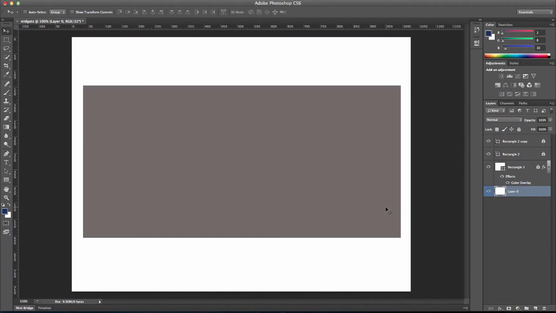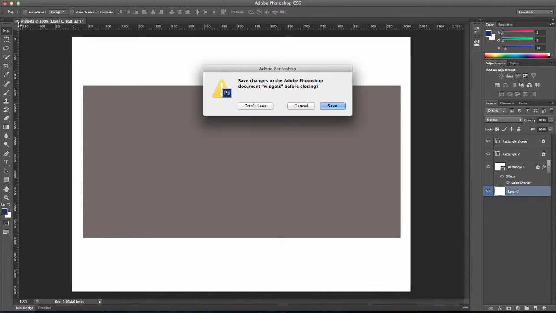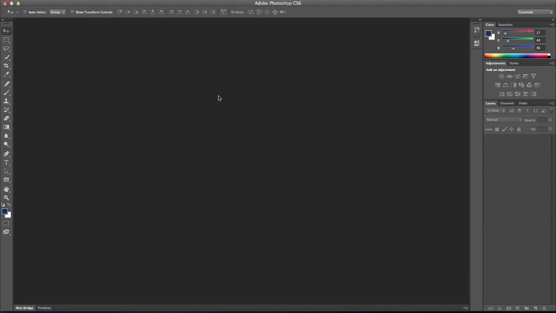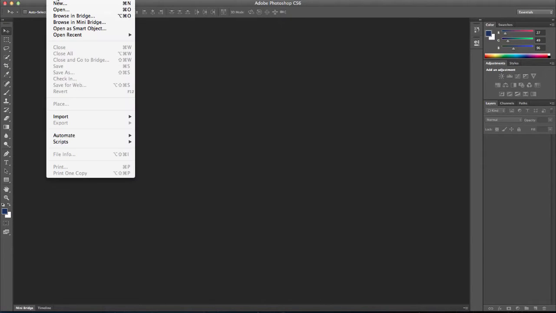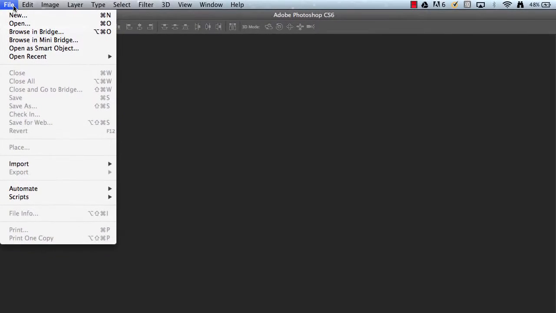So the first thing that we're going to do is create a wireframe. And a wireframe is like a blueprint for a house. We're going to do this in Photoshop. You'll notice I'm a little rusty with Photoshop. Normally I used to do this in Fireworks, and that was a preferred tool, but Adobe is not moving forward with Fireworks in Creative Cloud. So I'm going to learn a new tool to do this, and we're going to create a new